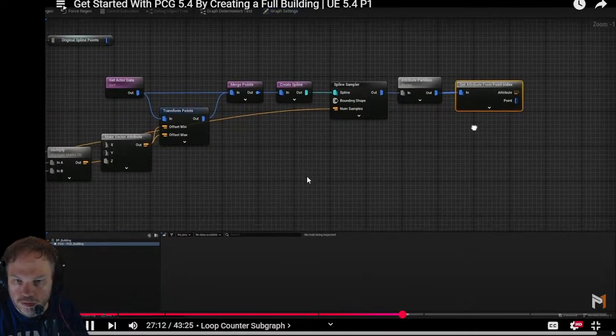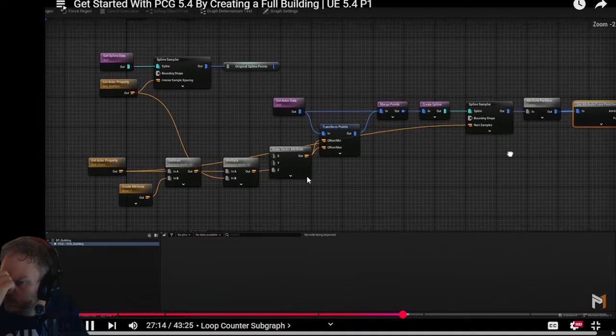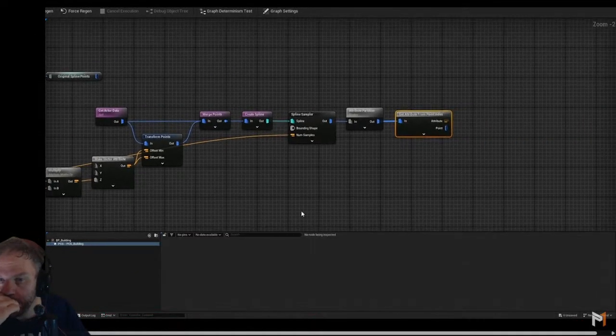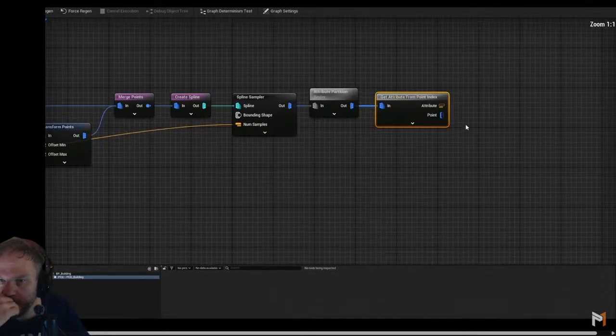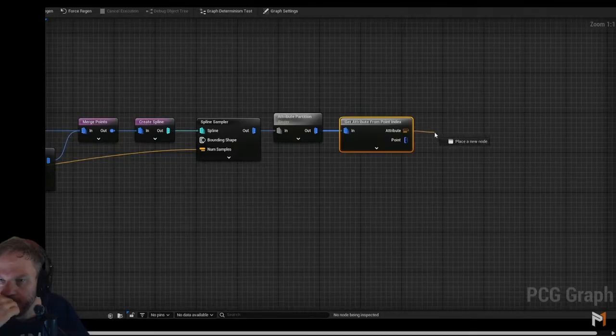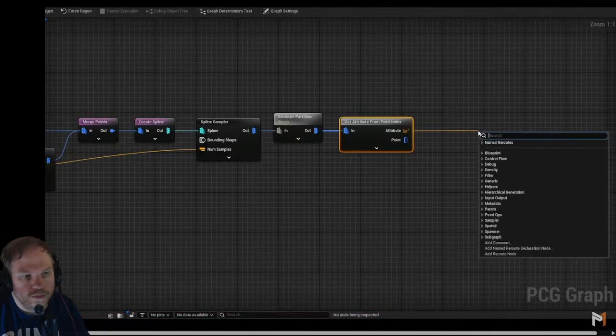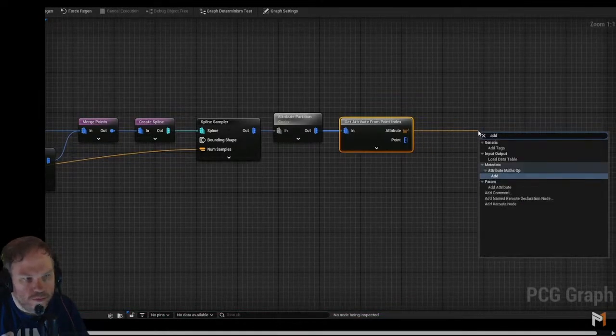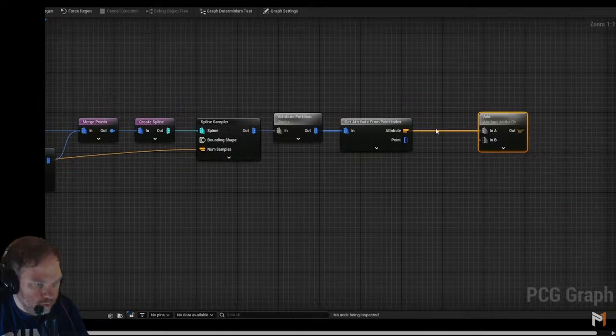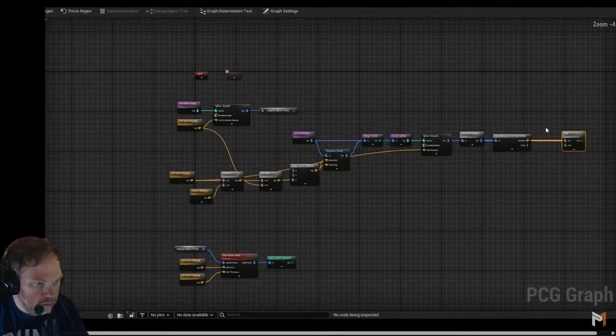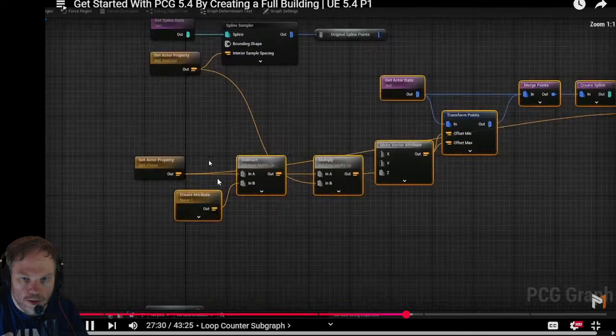Now that is fantastic. Now I'm gonna need to collapse this all to a subgraph to make it easier for myself. Now to make it extra easy, I'm gonna need this as an output. So I'm gonna drag out of here and just search for something like add. So that way I just have it plugged into something. So now what we can do is select everything here, including this crate, but do not select the floors or the